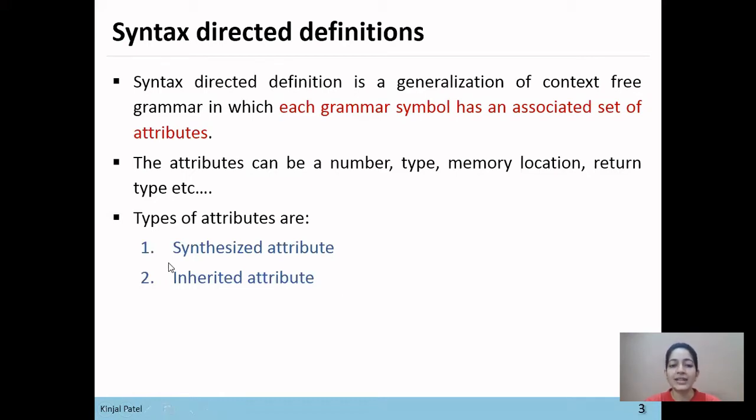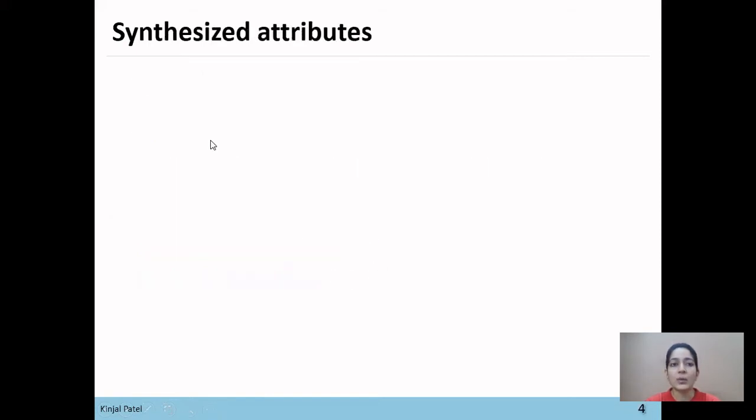Okay. So there are no rules to define a synthesized attribute. We can define it with any name, but to represent an inherited attribute, .in and .i syntax is used. So first, we'll see what is a synthesized attribute.